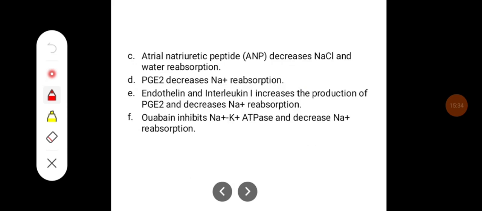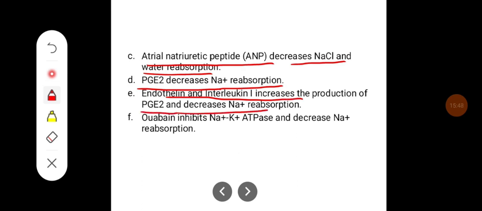Then atrial natriuretic peptide decreases the sodium chloride and water reabsorption, whereas prostaglandin decreases the sodium reabsorption. Endothelin and interleukin 1 increase the production of prostaglandin E2, and they are going to decrease the sodium reabsorption. Then ouabain inhibits sodium potassium ATPase and decreases sodium